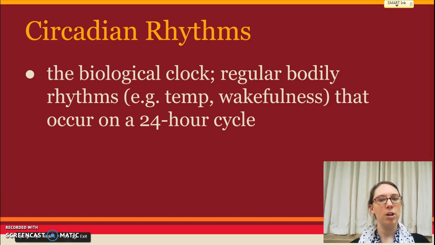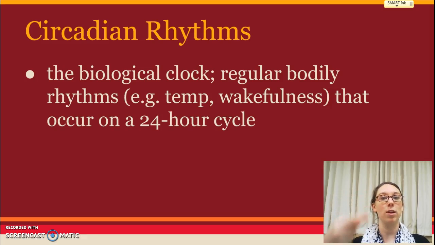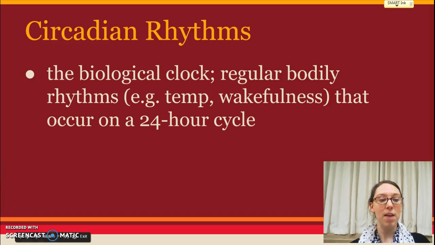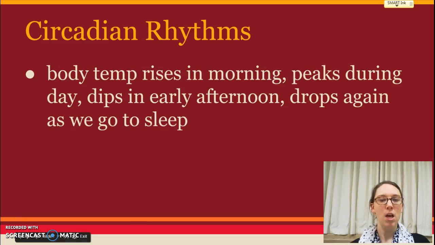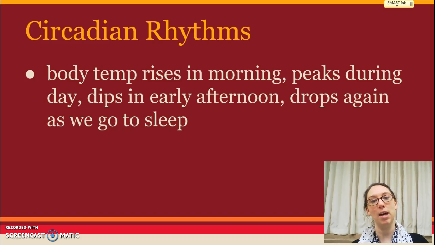But then there are a couple of other areas where our body is going to cycle through things on a 24-hour cycle. Now, some of that is potentially artificially impacted by our modern lifestyle, by artificial light. But in general, our body's natural clock that it wants to set to is a 24-hour clock. And whilst most of us think of circadian rhythms as referring to how we tend to get sleepy later in the day, and then we wake up in the morning, there are also temperature changes that happen over a 24-hour